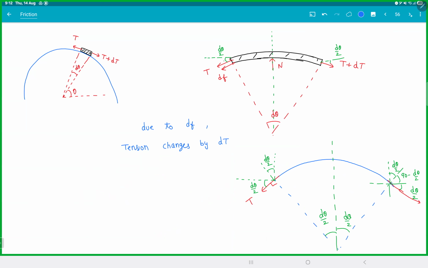Any doubts on the angles, the geometry part? Great. Then